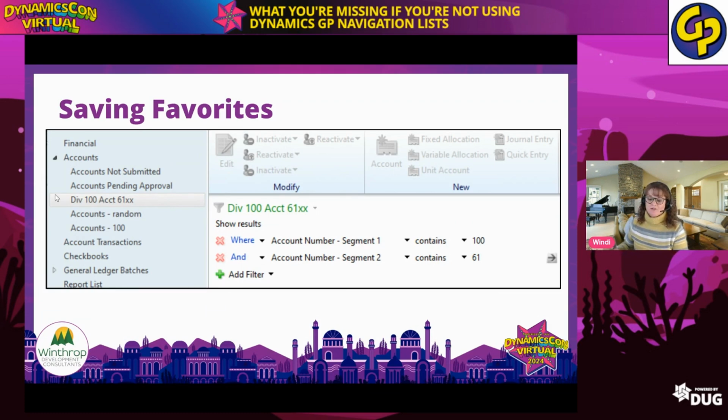Let me go back to my home list because I think I have a folder out here. I do, so I've got one called My Stuff and one called User Classes. So I've made a couple of folders out here. More often than not, these were just samples that we were doing. But more often than not, what I've seen people use the folders for is to create a folder that is, say,